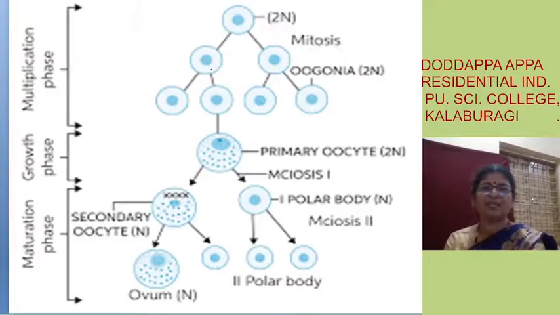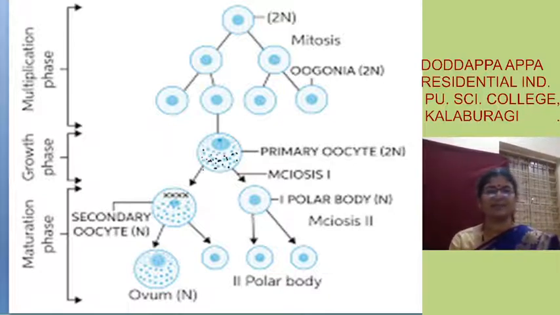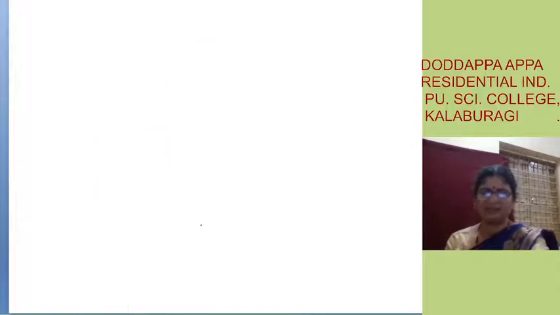Now let me go to the next slide. So this I have taken just to show the diagram we drew in the classroom. Usually I used to say that whenever food gets stored in the primary oocyte, you have to indicate that with granules. So here you can see clearly the granules, and here you can see the difference in the sizes of the cell. Fine. Once you have had a glance, that's all.